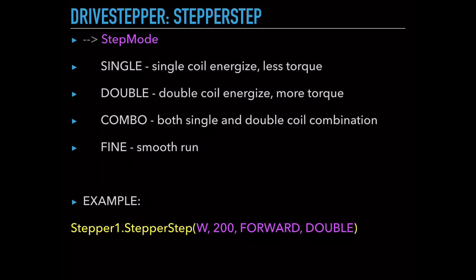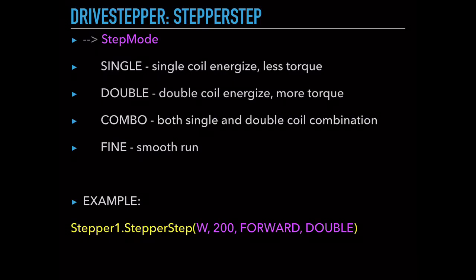The next one is step mode. We can provide single, which will energize a single coil, and double for more torque, which energizes double coils. Interleave is a combination of both single and double coil, and fine will be a smooth run. Here is an example. We are giving stepper1.step with W, 200 steps to be executed, in forward direction,